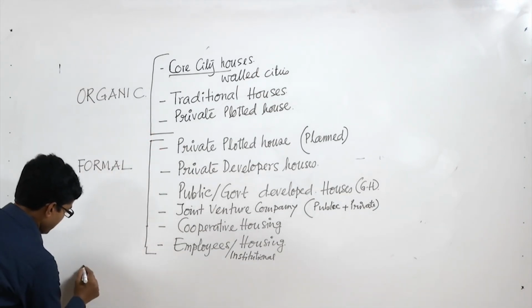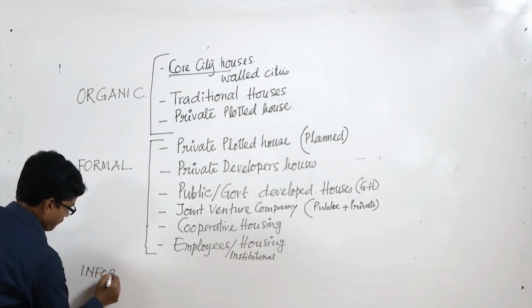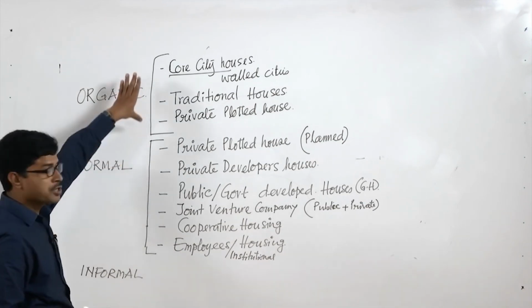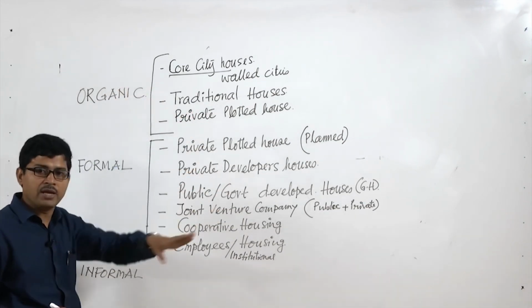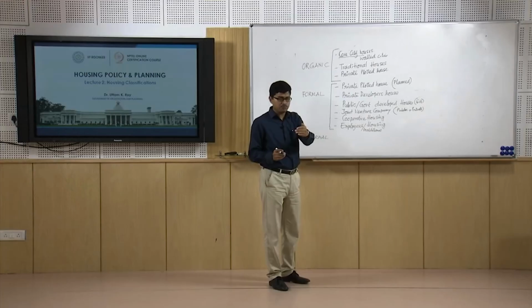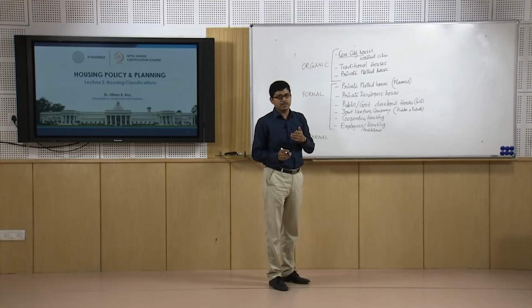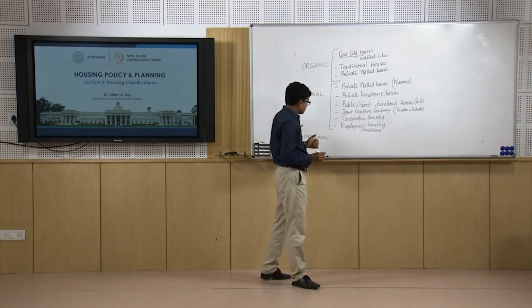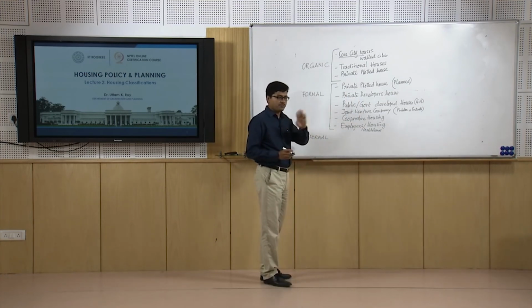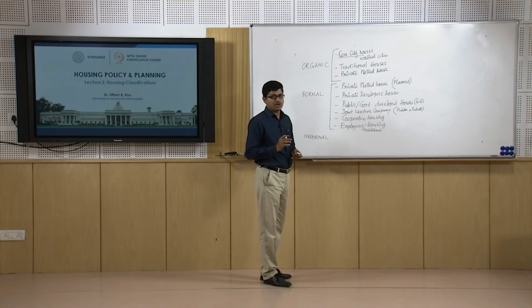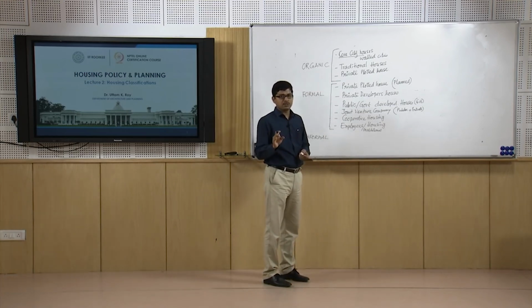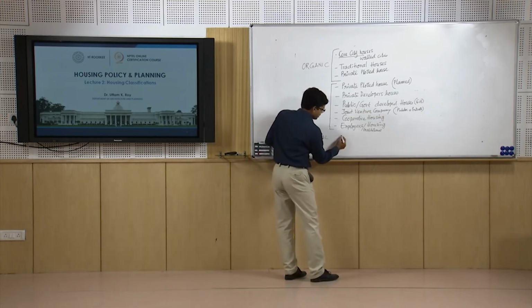Now we come to the informal category. In the formal and also organic category, they have the land right. The land right comes through a formal transaction and it is registered in the government department. So it has a formal transaction, formal changeover, formal ownership. Whereas in the cities we find that there are various numbers of settlements or houses which are informal, sometimes unauthorized, illegal, which are there in the occupied land, such as the slums